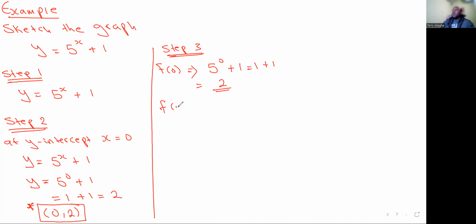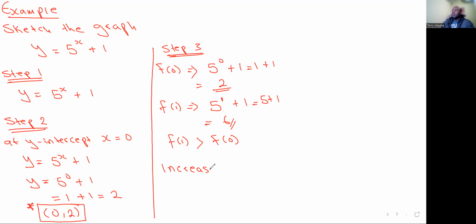Then for x equal to 1, it will give you the same thing. So it'll be 5 raised to the power 1 plus 1. 5 raised to the power 1 will give you 5, plus 1, and that will give you 6. So you can see the answer from x equal to 1 is greater than the answer from x equal to 0. So because it's greater, this is going to be an increasing